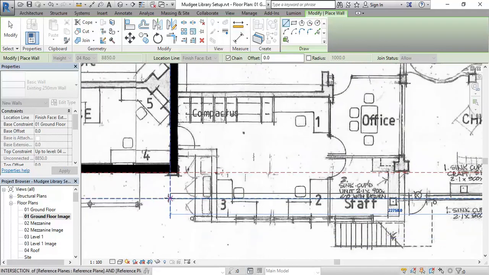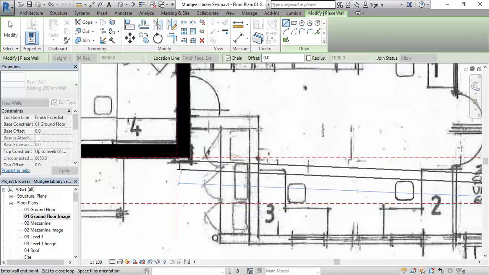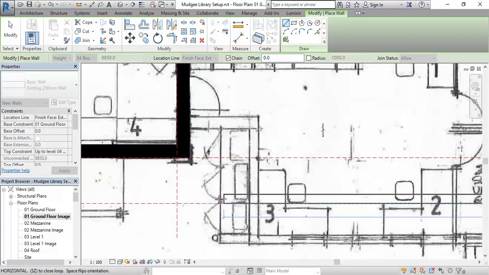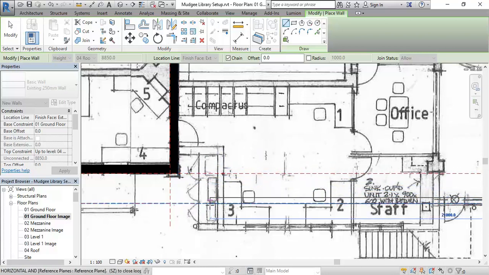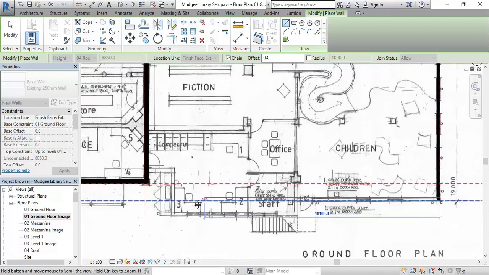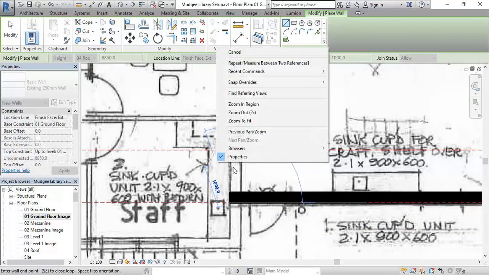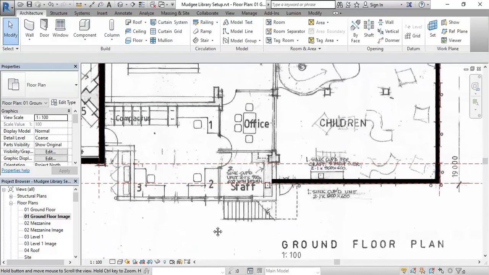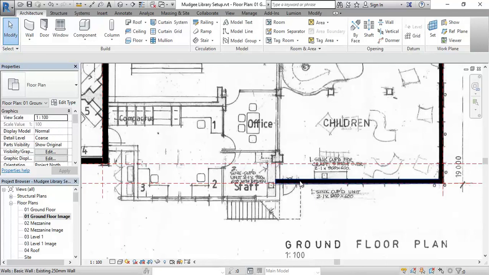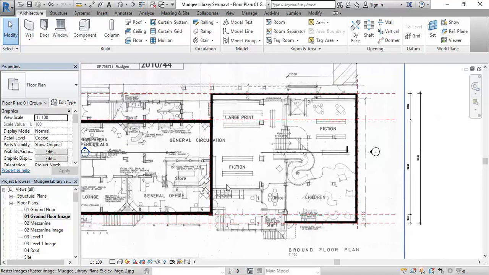back to, well, we don't really know where this wall is going to finish until we draw these other walls. That's right, yeah, so you'd have this part here as well. So I'll just finish it roughly for now. In fact, it probably finishes closer to here. So I'll just finish that very roughly. And then once these other walls have been drawn in, we can adjust the end of that wall. Right, so